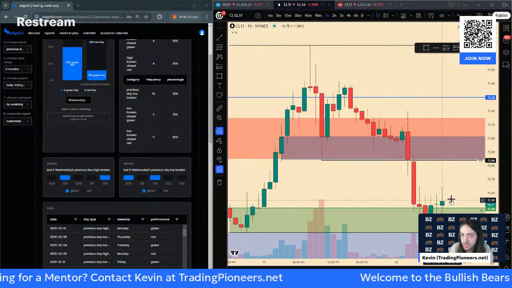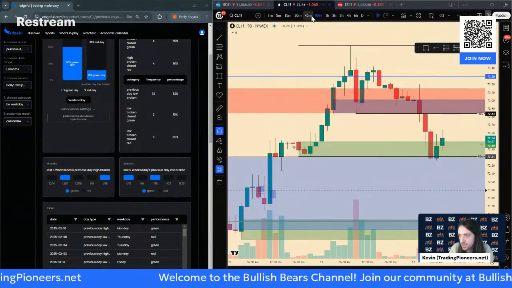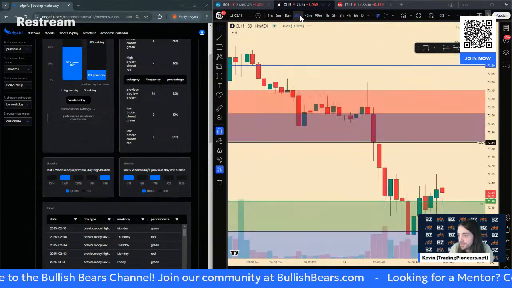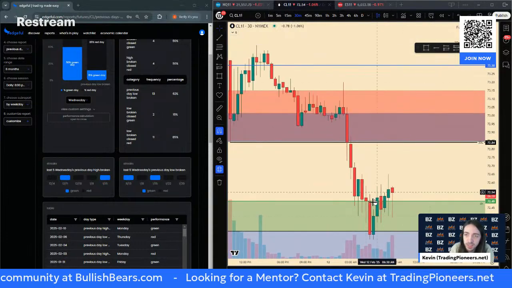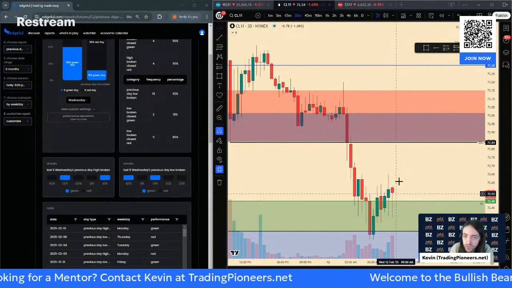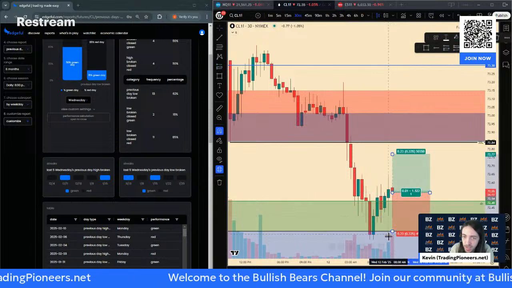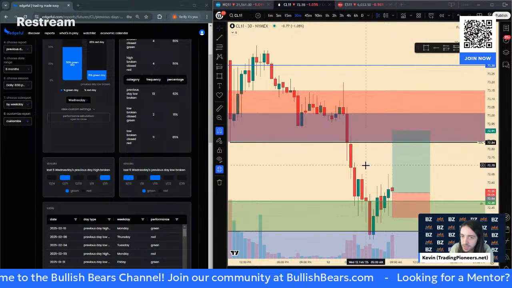I'm probably going to wait for this hourly to close. And the 2-hour doesn't close for another hour. The 90-minute also closes in 6 minutes. And then same with the 30. I would want to see how the 30-minute closes. Now, if the 30-minute could close as a basing candle, that would be a red body like this, longer lower wick. I would then take a long position somewhere in the body of this candle. And then I would look to target maybe somewhere up in here.